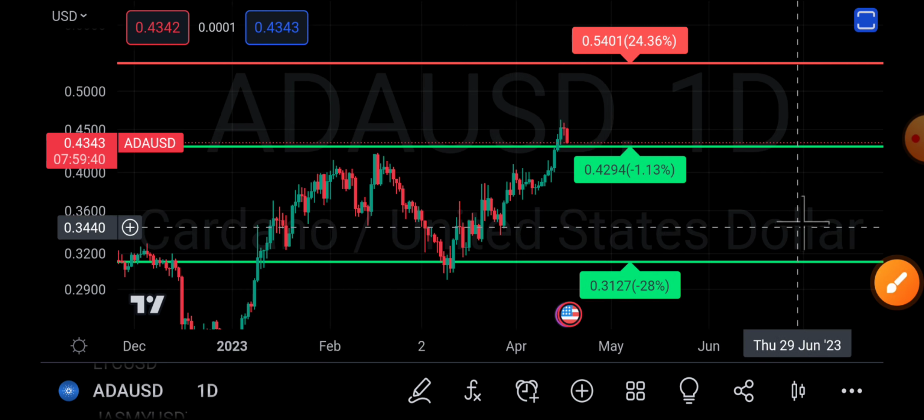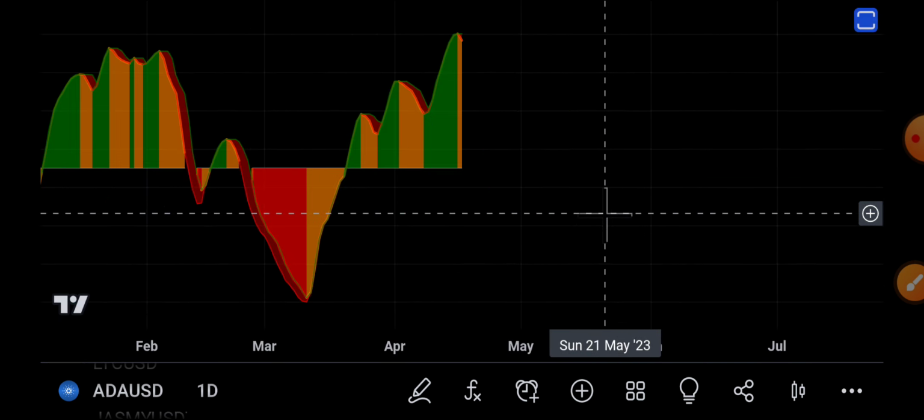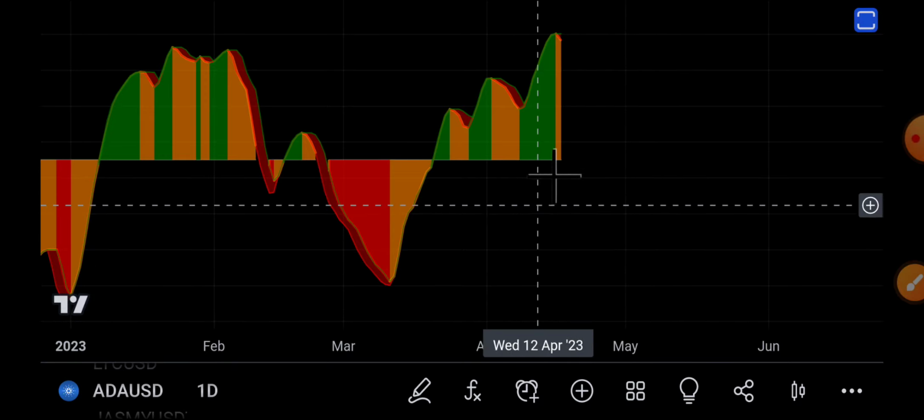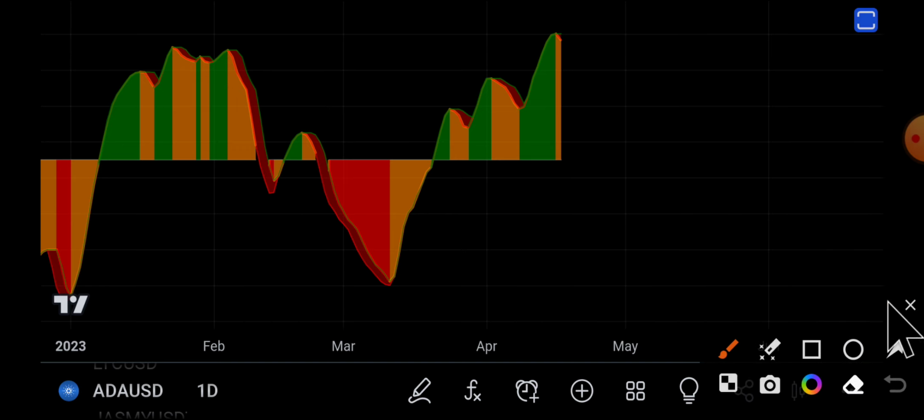And I'll be giving you more reasons, as if we look at our indicator, the first thing we have is our oscillator, and we love the oscillator because it is a leading indicator, meaning it tells us what is going to occur in the price for Cardano. We knew we were going to have that resistance, because we were forming some sort of hidden bearish divergence. As you can see, the same thing happened here, and we saw a huge push to the downside. Currently, we are seeing the same thing happen here.